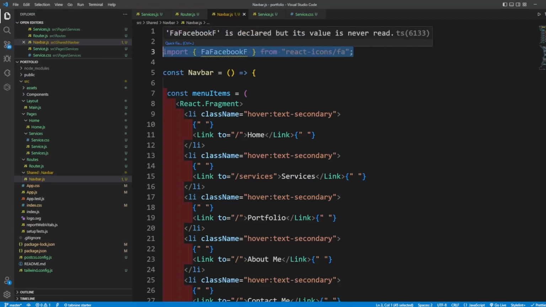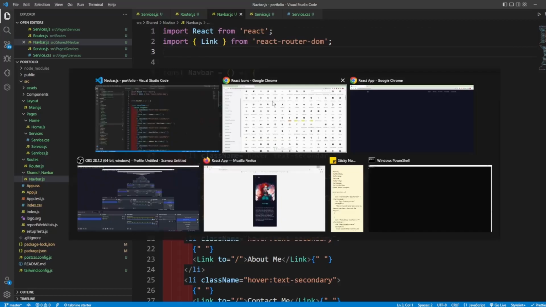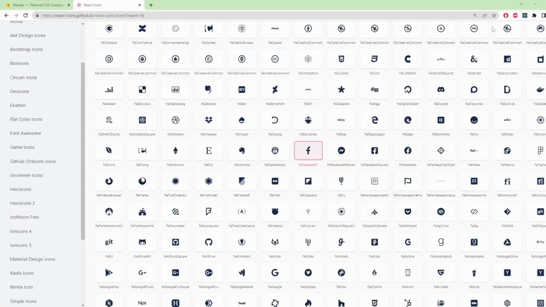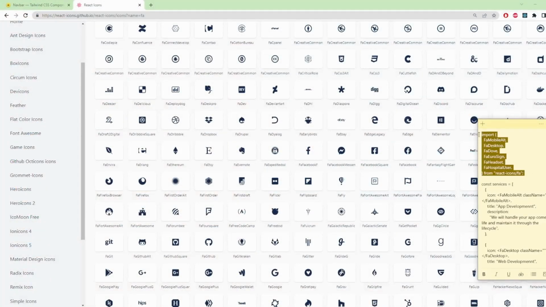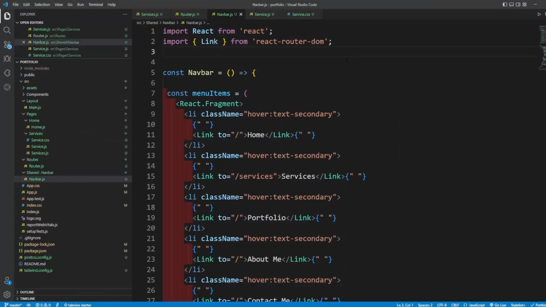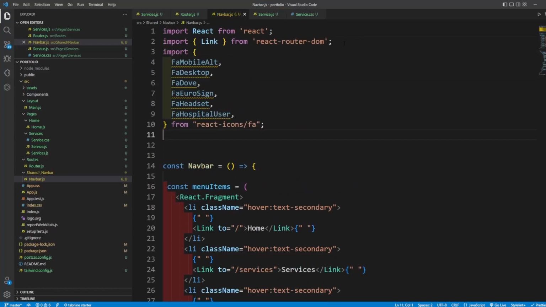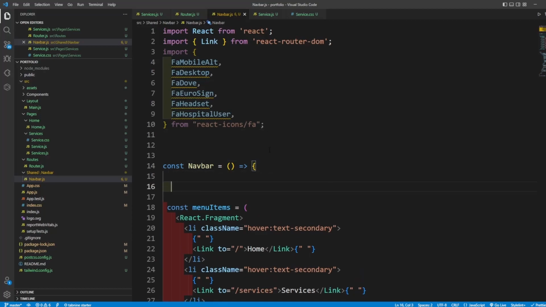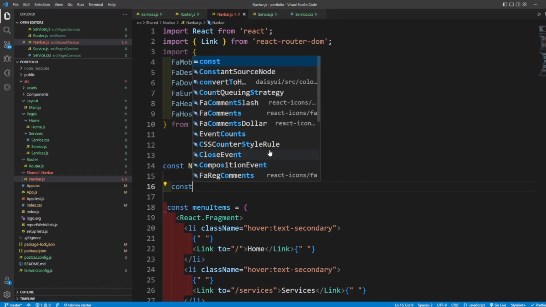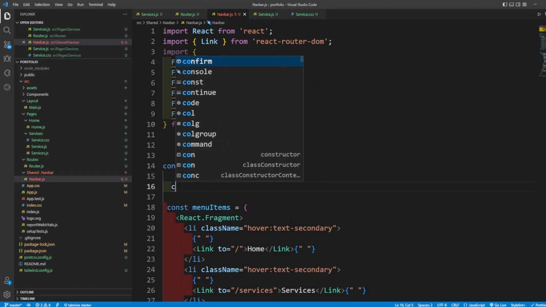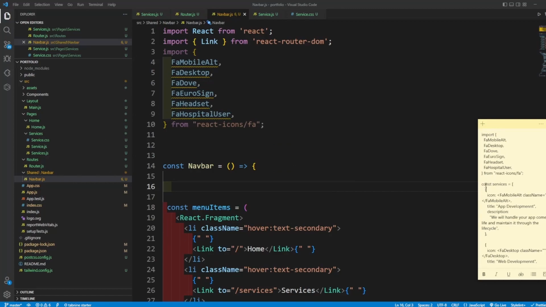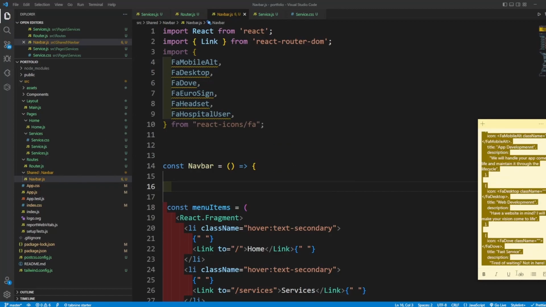Just like this, using this, I'm going to import some of the icons that I'm going to use. So I have already copied them. Copy this so that I don't waste any time, and paste it here. These are the icons that I want to use for myself. Now I want the data. Let's make the data constant. I have also made the data as well. So take the data, copy this,